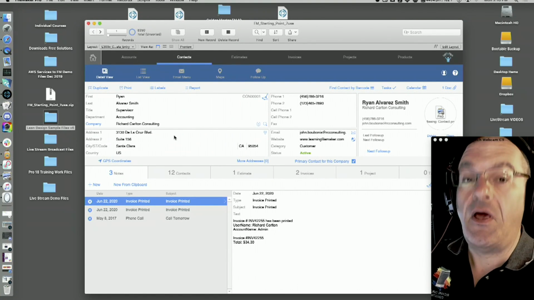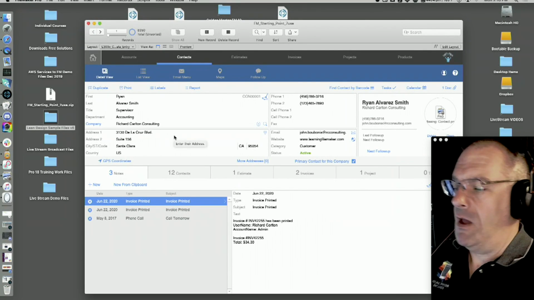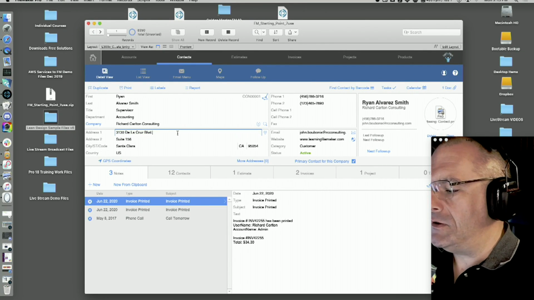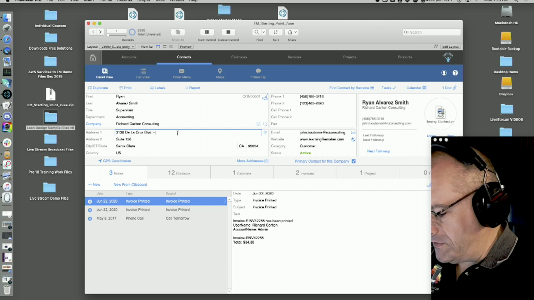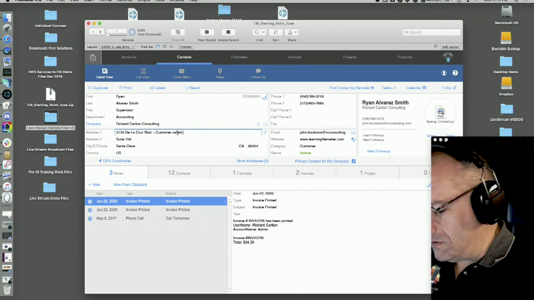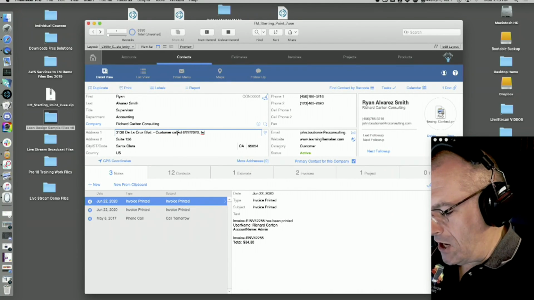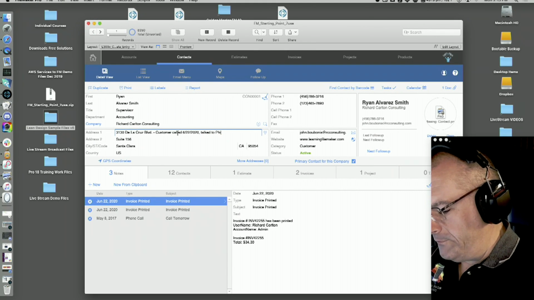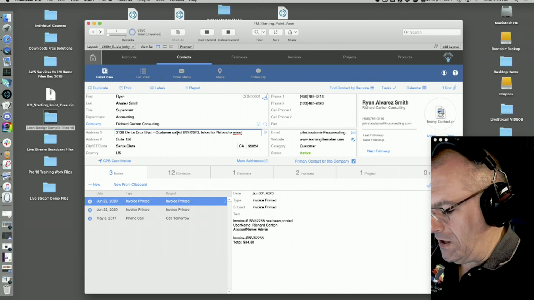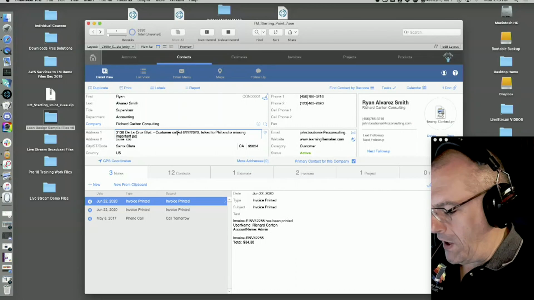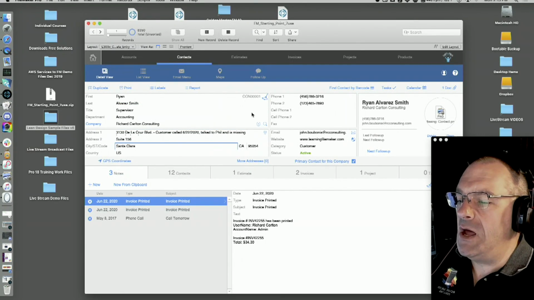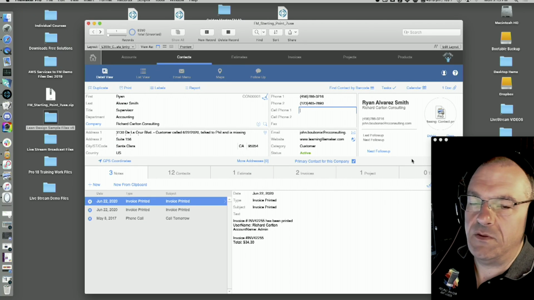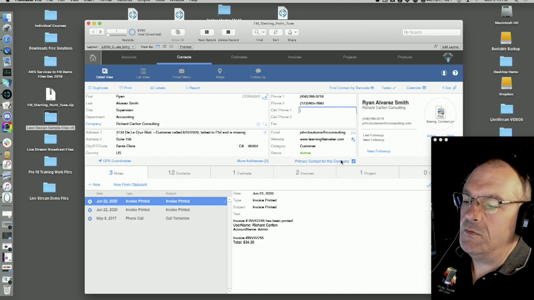So they'll just pick a field, say the address field, and there's an address in there, and they'll write, customer called on today's date, talked to Phil, and is missing important package. And then the next time, you'll come in here and there will be notes in random fields all over the place.